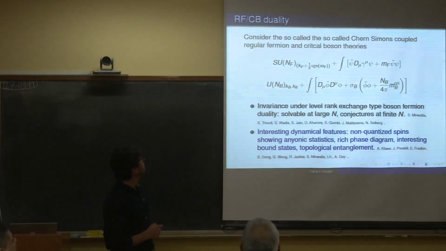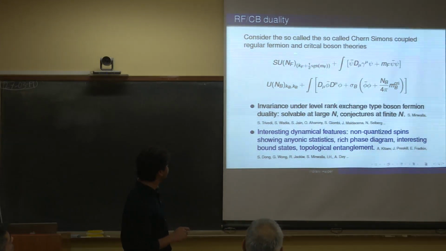Here we will be considering these Lagrangians for the theories. Here this refers to a gauge group. This is SU(N_F) gauge group based Chern Simons interaction at level K_F plus half sgn(M_F). M_F is the mass of this free fermion. So, this is a Lagrangian for a free fermion with Chern Simons interaction, otherwise it is free. This sgn(M_F) is there to take into account that when you integrate out this fermion, that shifts the level of the low energy effective theory,